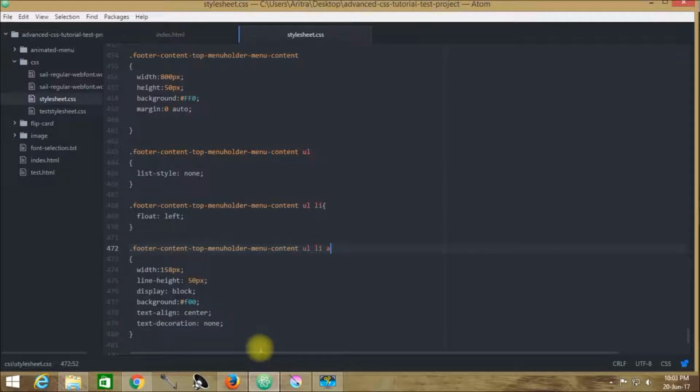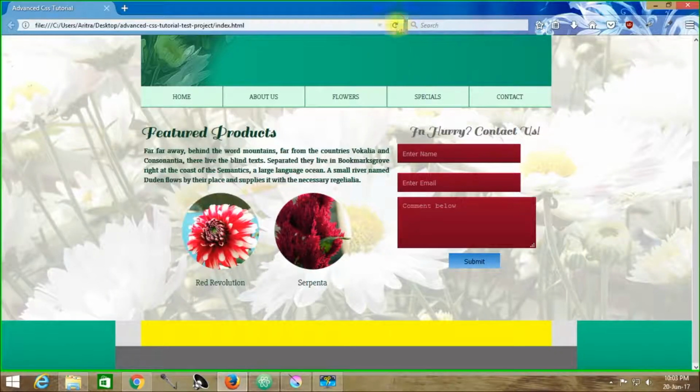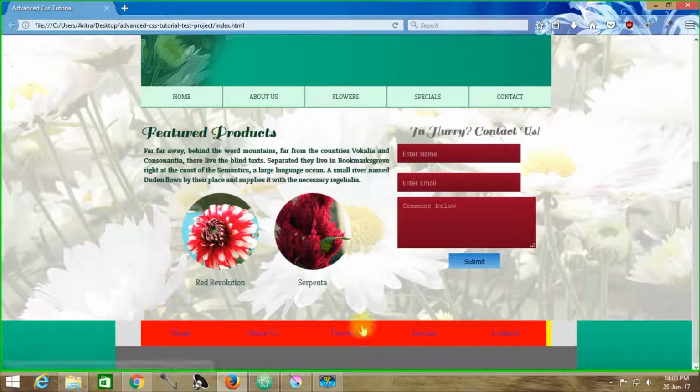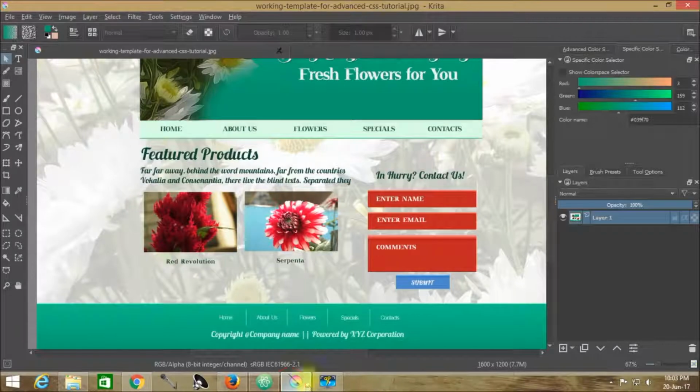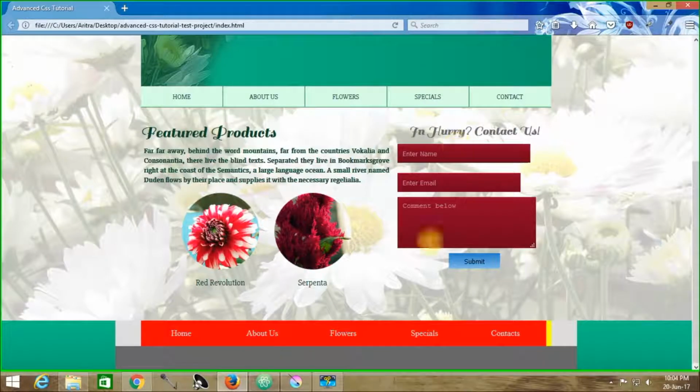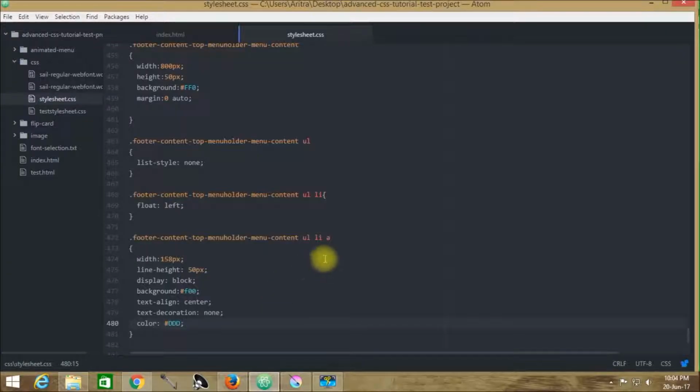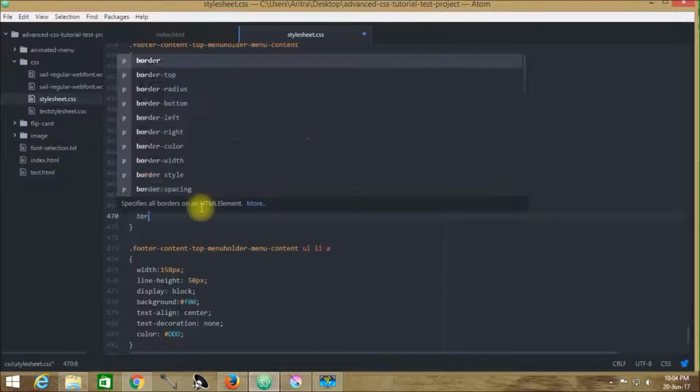Now we need to press Ctrl S and get back to our project and reload. And now we can see that these things are appearing over here. We need to change the font color here. Reload, and you see that these are present over here. Now the border right elements, we need to take care of these border rights. So the next thing,